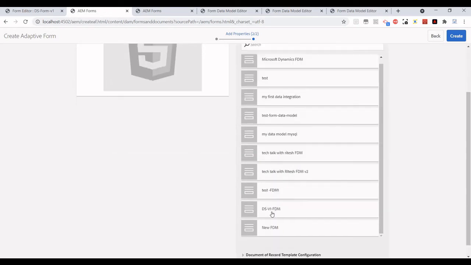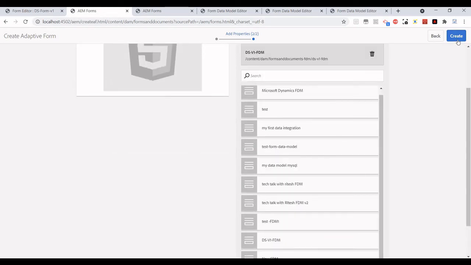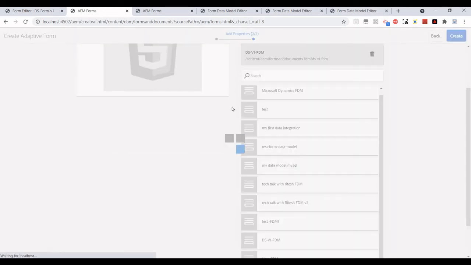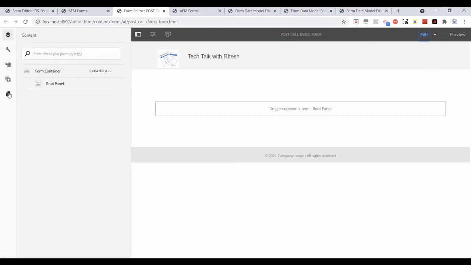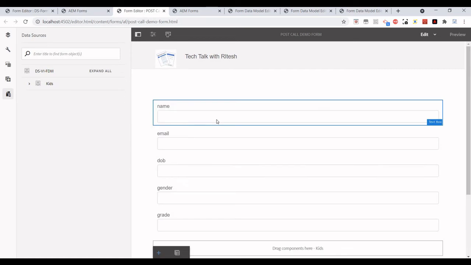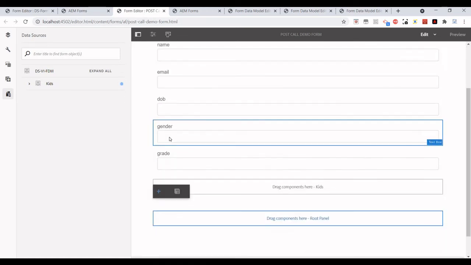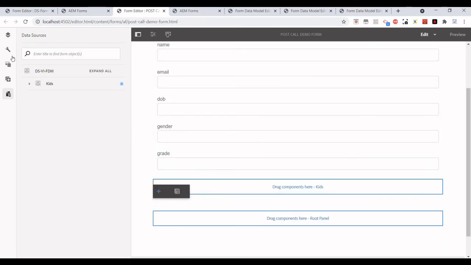So this is the one. Let's edit it. From this data sources icon, we can just drag and drop it. All the fields whatever we have configured will be available.